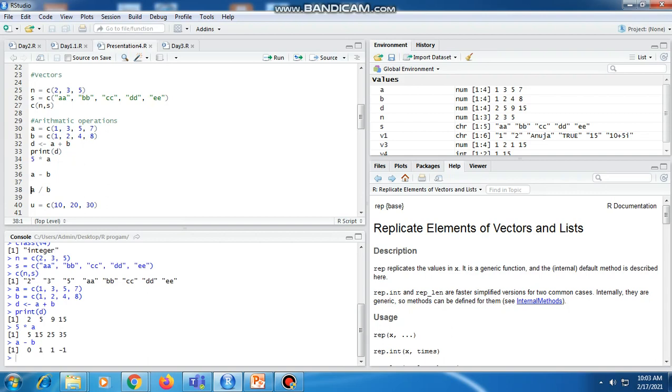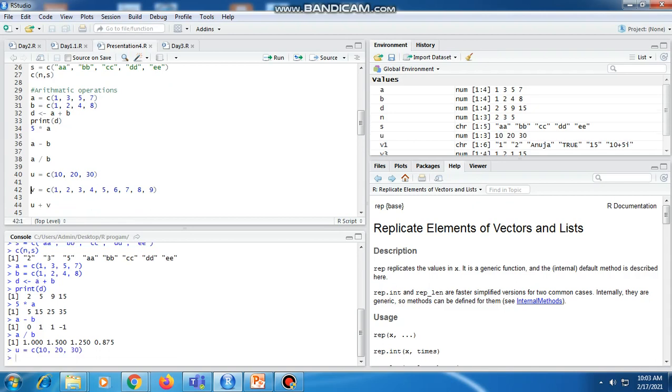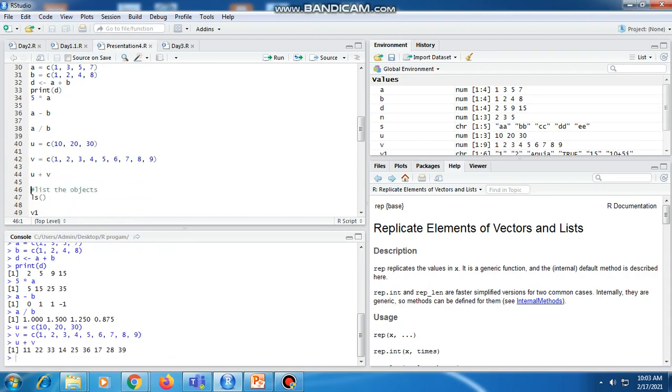Then if we want to do division, we can do it with a divided by b, and in the same way it will show us the result. Now we will see some more examples. We are considering two variables u and v, assigning values to them like this, and performing addition, we get the result.